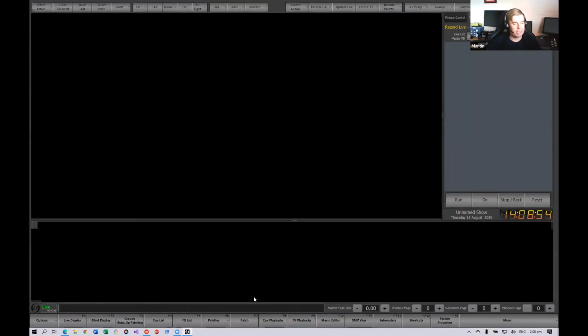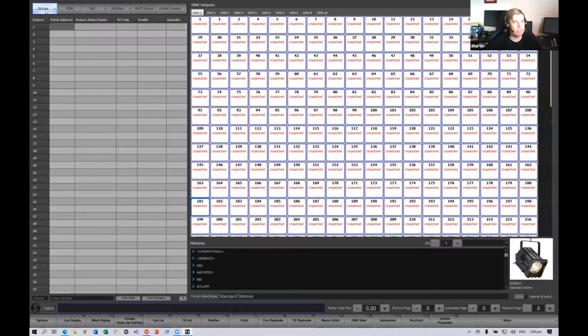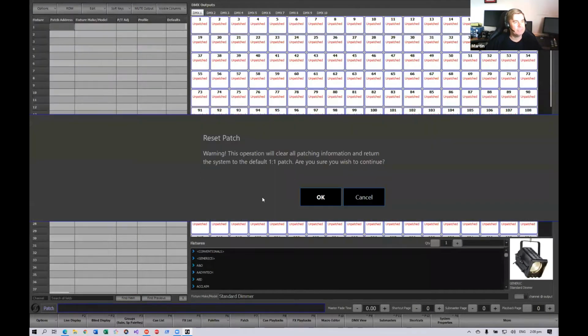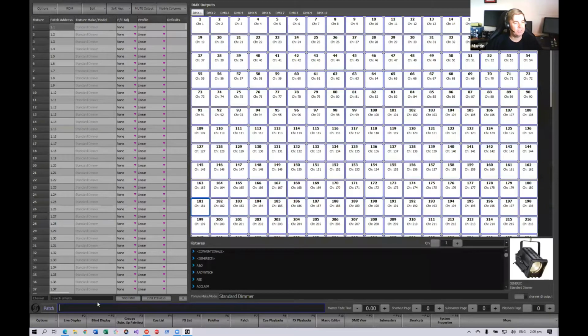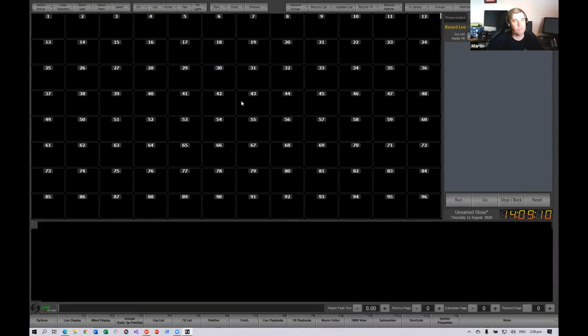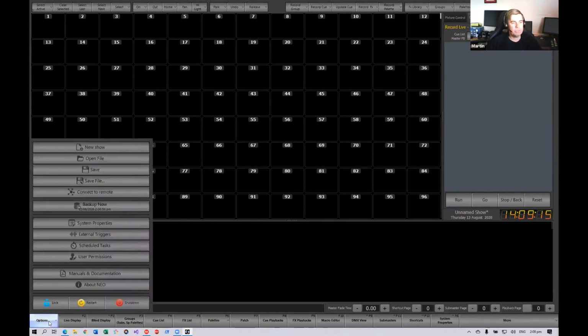for us. We're going to get into the options, but I did have my system set up to start with a blank patch. That's probably not what your system is set to do. So I'm just going to do this, and we will come back to these options and how all that works. But you'll see in the options menu, you have your options to open a show, save the show as a